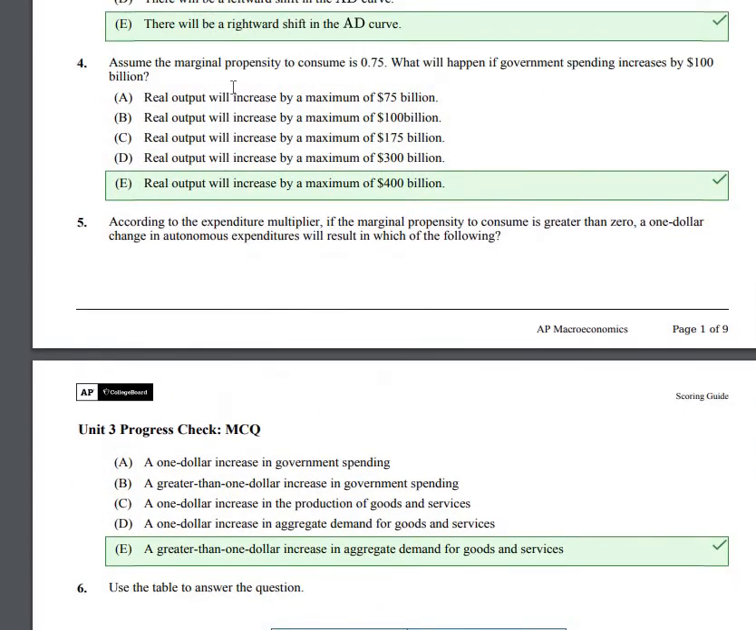Number 4, assume the marginal propensity to consume is 0.75. What will happen if government spending increases by $100 billion? E, real output will increase by a maximum of $400 billion. You would do the multiplier, 1 over 0.25, first because it's a spending multiplier, and you multiply 4 times 100,